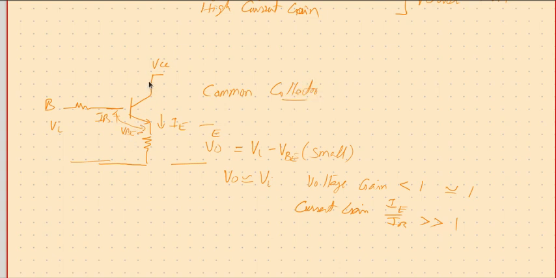In this case, the collector is common to both input as well as output, because input is given at the base, output is taken from emitter. So it is called common collector. It has another name, that emitter is always following the input, so it's also called emitter follower. So whenever you want to amplify current without changing voltage, we prefer to work with common collector circuit, also known as emitter follower.